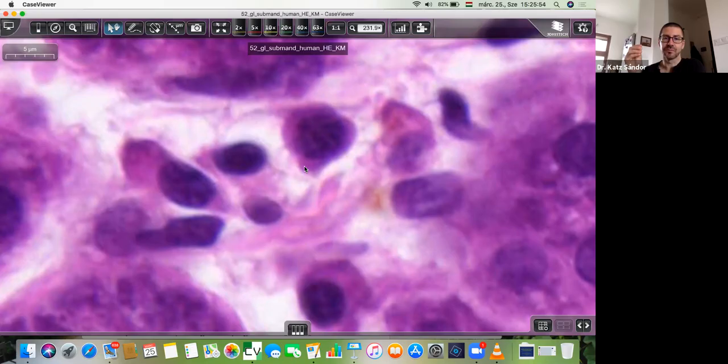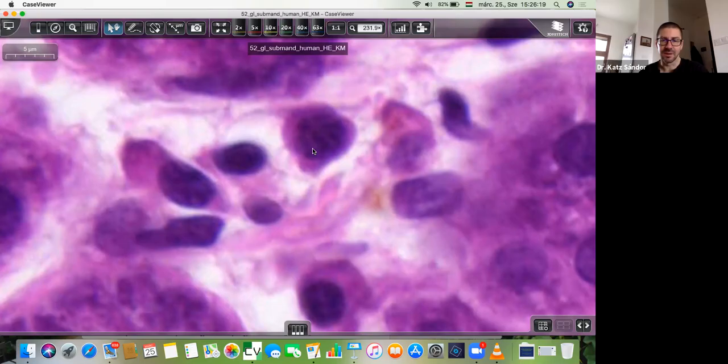So when we identify a plasma cell, we should recognize a prominent rim of cytoplasm, which is also more or less darkly stained, and the nucleus represents huge clumps of chromatin inside, resembling a clock face, or also called